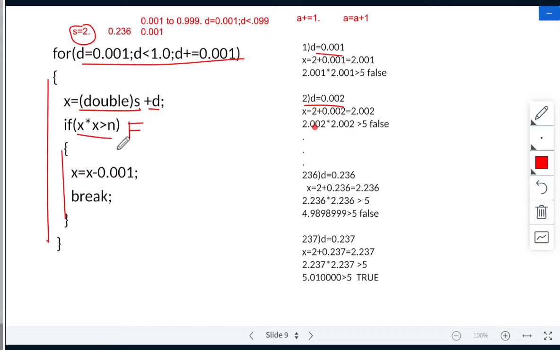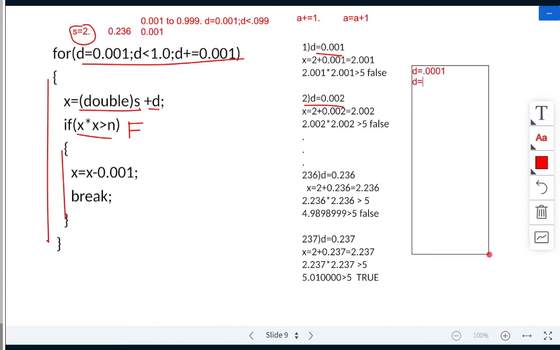So this will be false, again loop back. So first time it will be 0.001, second time it will be 0.002, third time d is equal to 0.003.